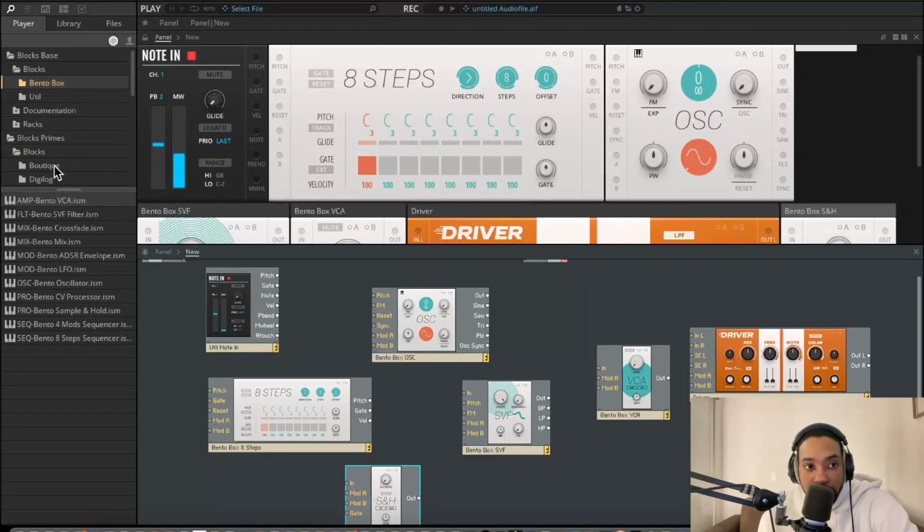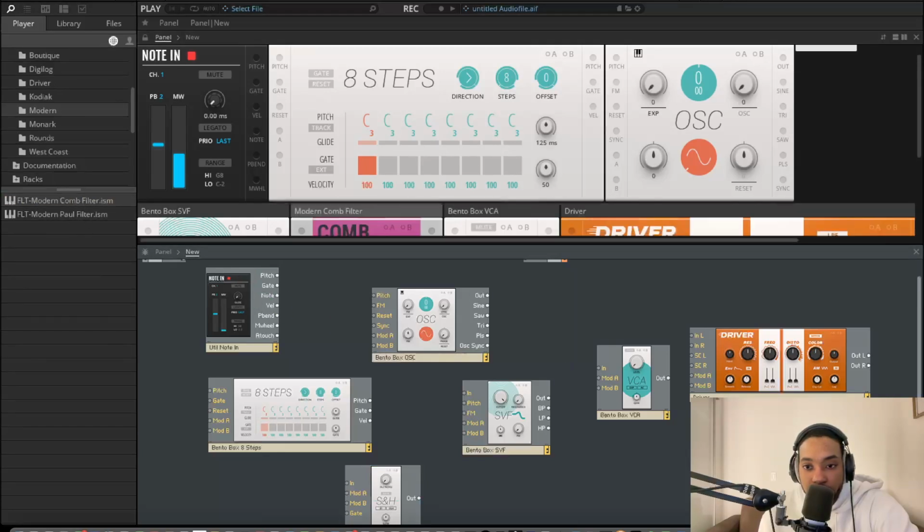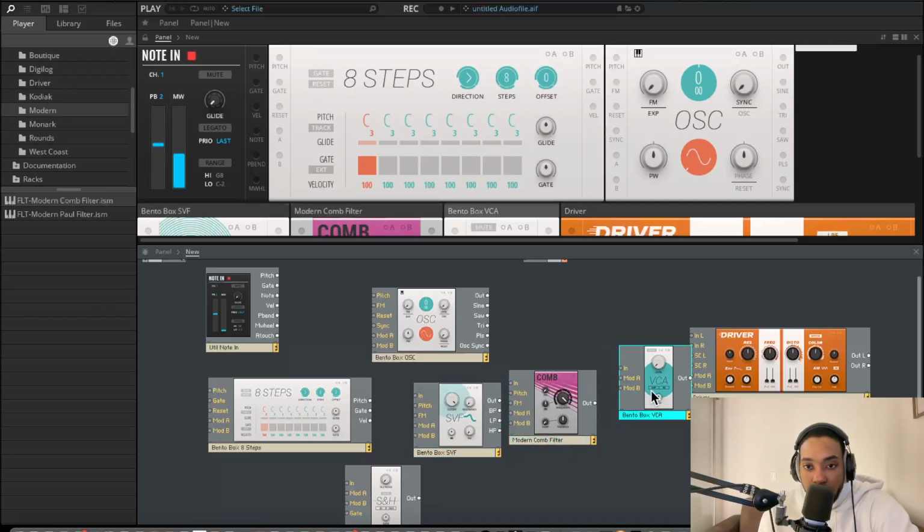It's because I'm feeling like that will add a little bit of texture. So I'm gonna bring in probably a Paul filter, or we'll just use a comb filter. So we'll bring that in, and let's hook up our